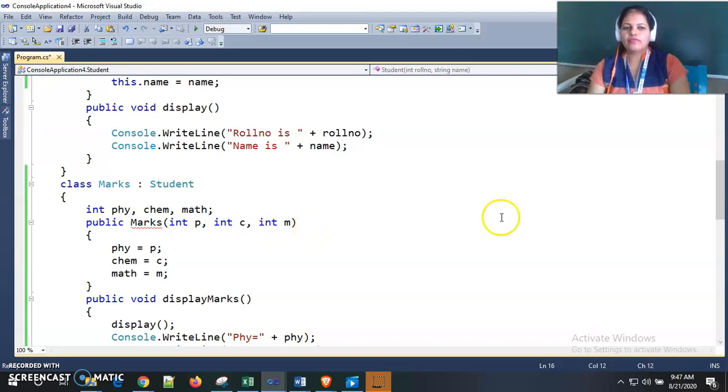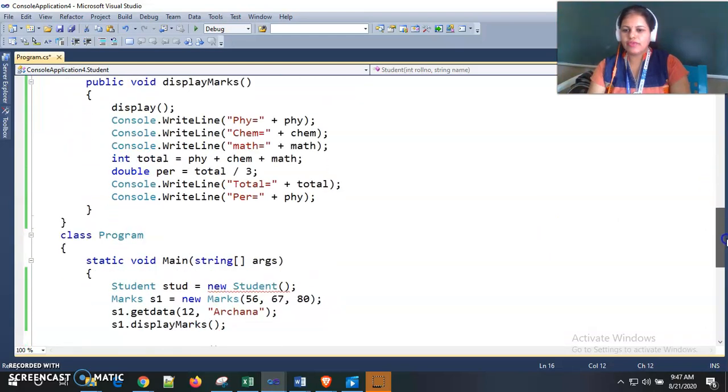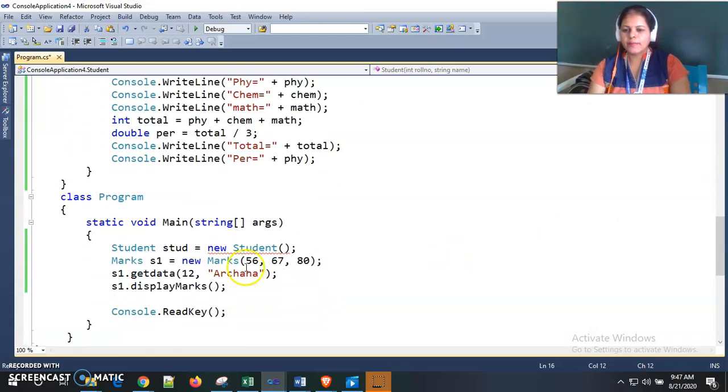As we know how constructors are called inside inheritance, if we create the object of this derived class, say S1, and pass the arguments to this derived class, then my base class constructor will be called before executing the derived class constructor. My base class constructor will be called first, and then the derived class constructor will be called.